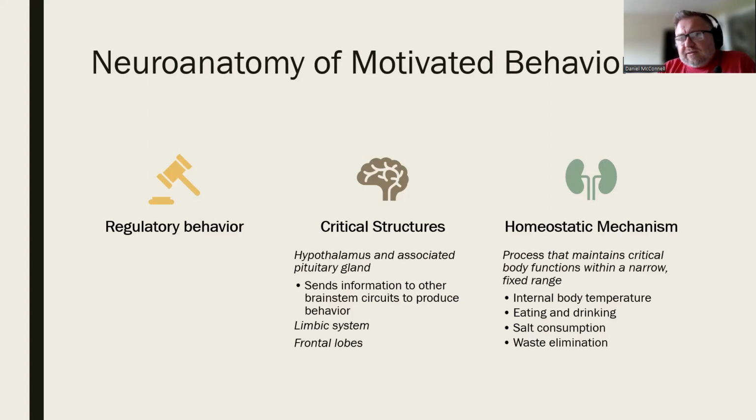In that case, if the blood pressure gets too low and you're becoming dehydrated, your blood volume is declining, you have to have a way of detecting that, right? So we would call this a deviation away from homeostasis because it's not in the desired range anymore. And if it's too high, again, we would have to have a way of detecting that. And then once we detect that deviation, we have to have a way of correcting it, right?